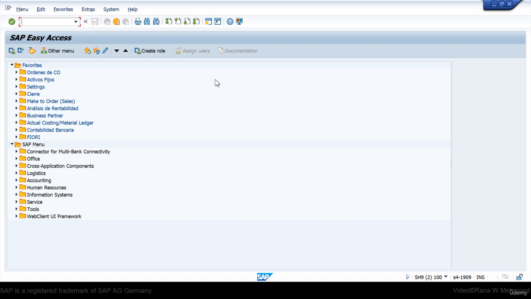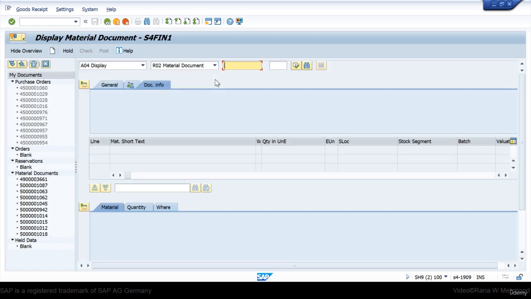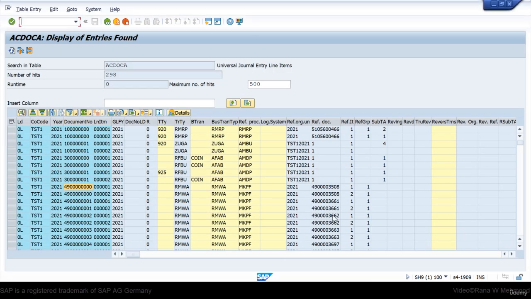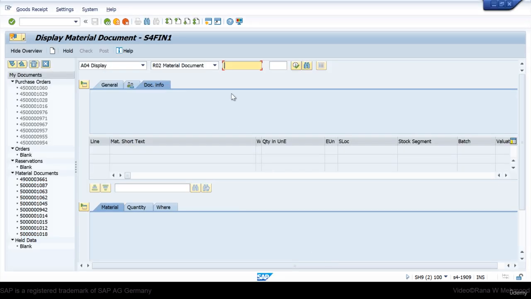If you go to the transaction code MIGO, if you remember, I showed you this transaction code in our first lecture. That's how we can create goods receipt through this transaction code. And if you go back to the table and just copy this document number and then go back to MIGO screen and paste it here